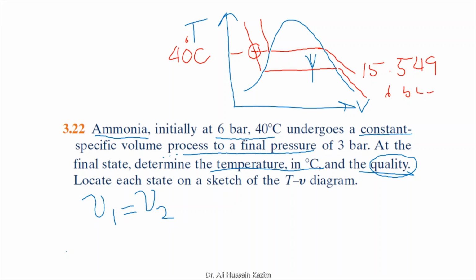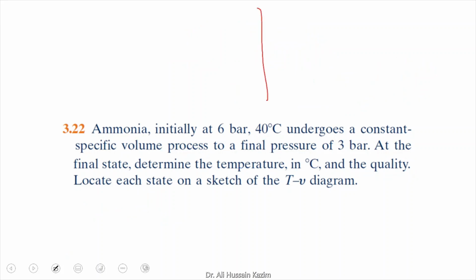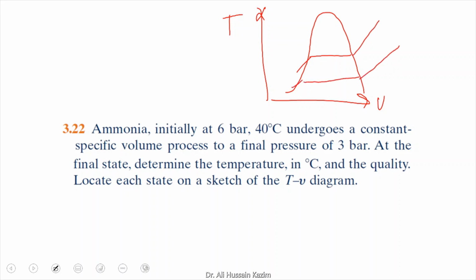So for the line of constant pressure, there is one correction here to make. The line of constant pressure is upward sloping. So if we consult the tables,